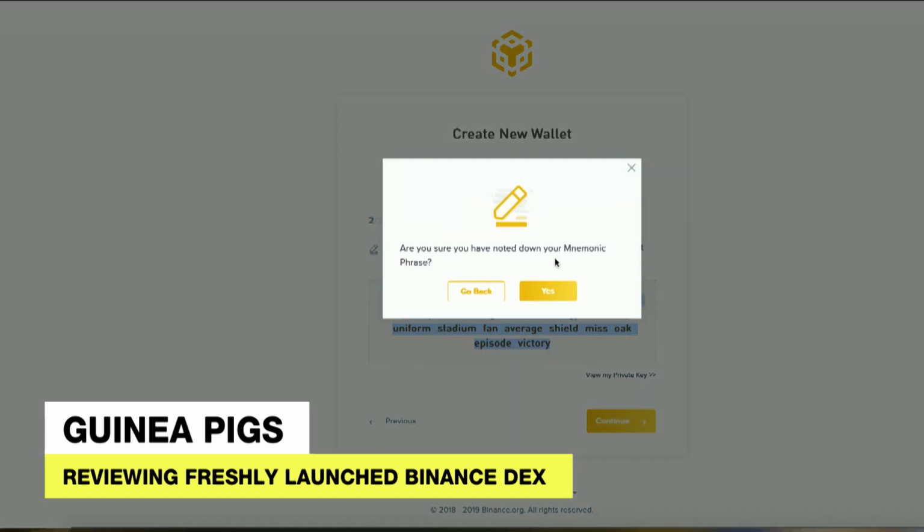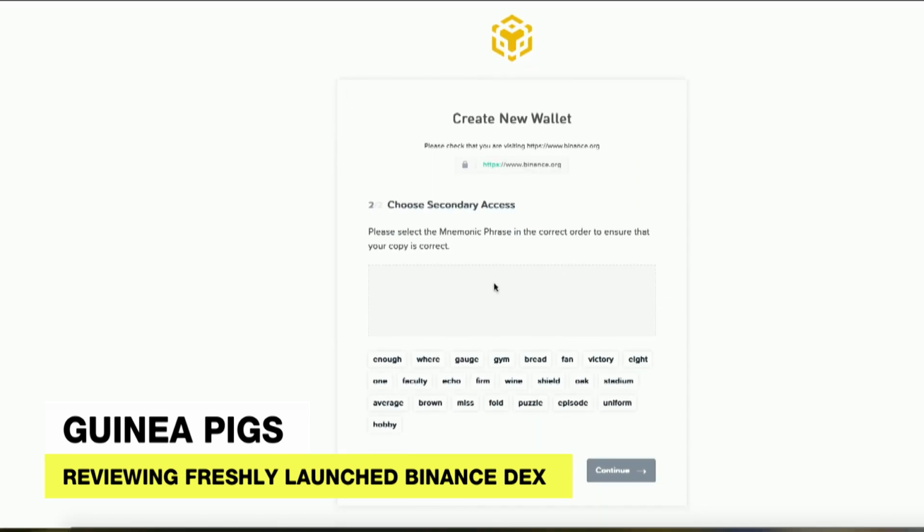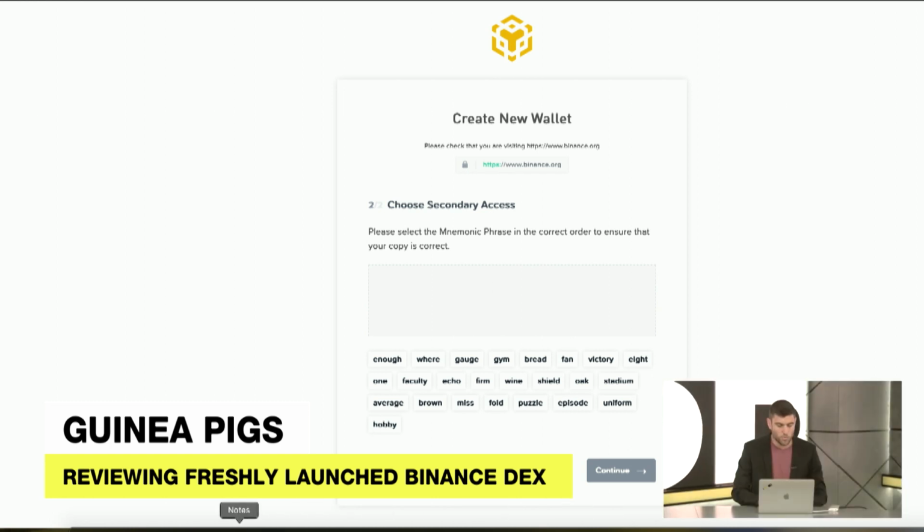Next up. Now they ask, are you sure you wrote down your phrase? I just did. I sure hope so. All right, cool. Now, this is where they want to make sure, right now, they're asking me to repeat those 24 words in the correct order. This is a twofold use, where one is checking to make sure that I marked down my notes correctly, as well as